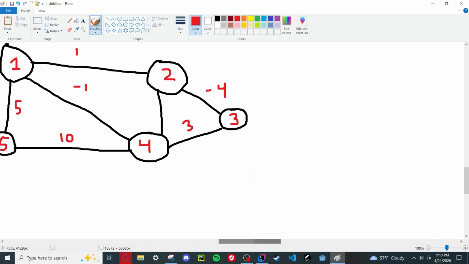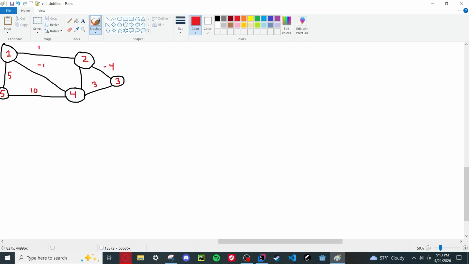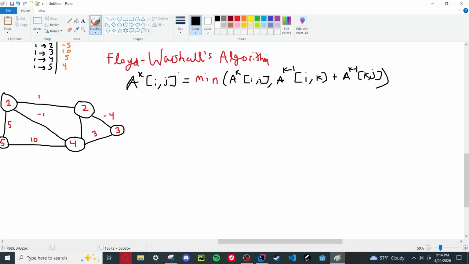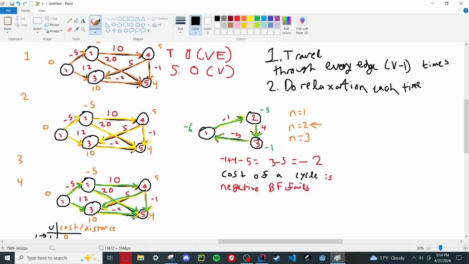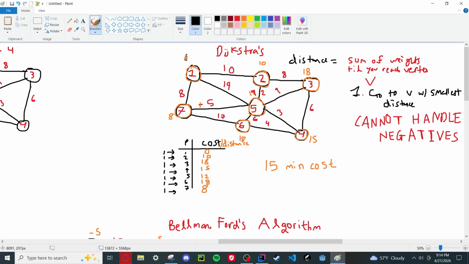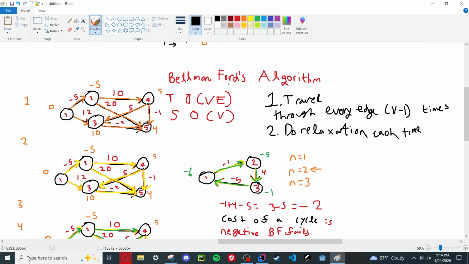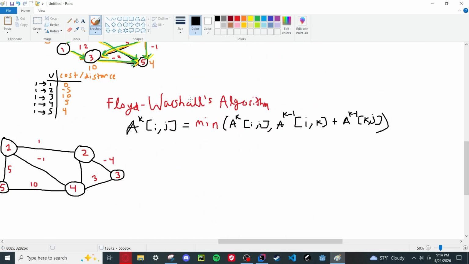So Floyd-Warshall says we can do first, we need an adjacency matrix. Actually, what does the Floyd-Warshall algorithm even tell us? Let's look at Dijkstra's. Dijkstra's tells us from the starting vertex to any other vertex, what is the minimum cost path? That's also what Bellman-Ford tells us. Floyd-Warshall tells us,